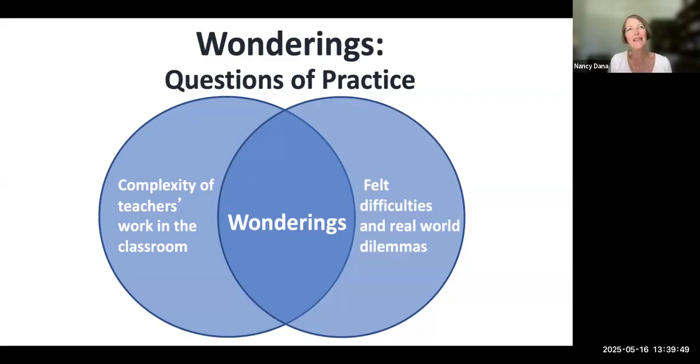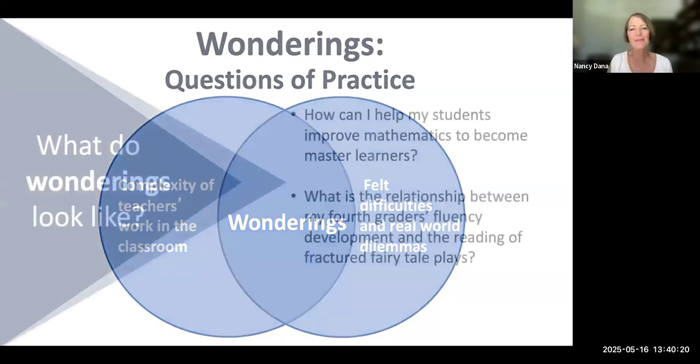And actually, that's something that is so exciting and wonderful about teaching is this notion of problem solving, understanding, being curious. And again, that's what inquiry is all about. And what better way to be curious about something than to pose a question about it? And so that's where your questions emerge at the nexus of the complexity of the work you do and your felt difficulties and real world dilemmas.